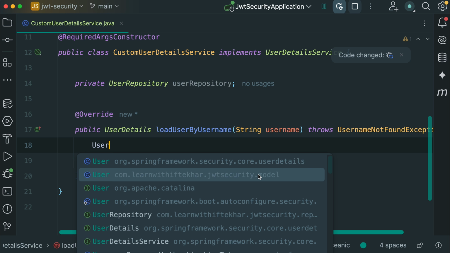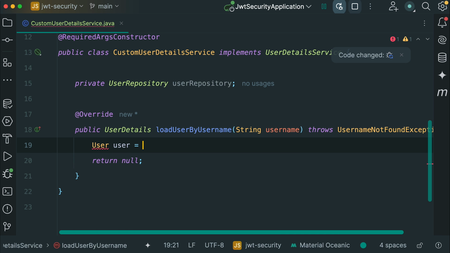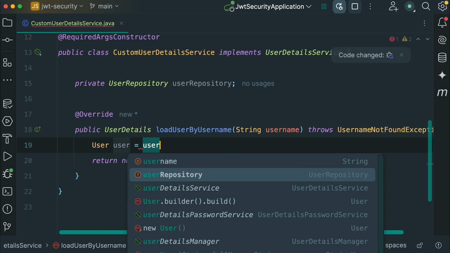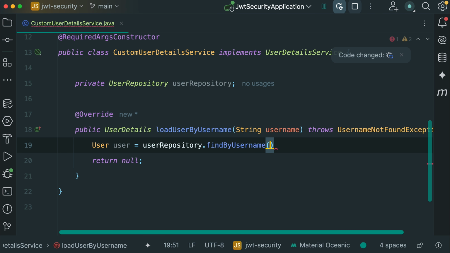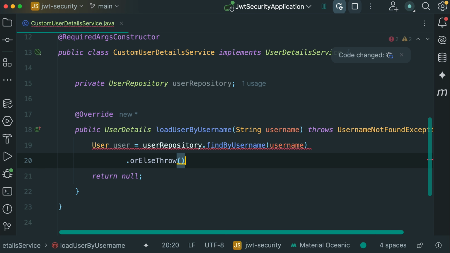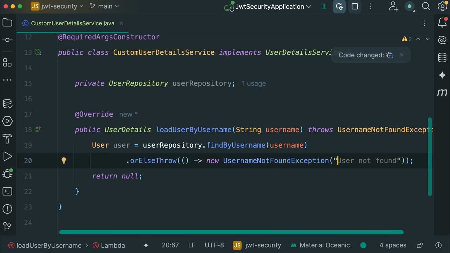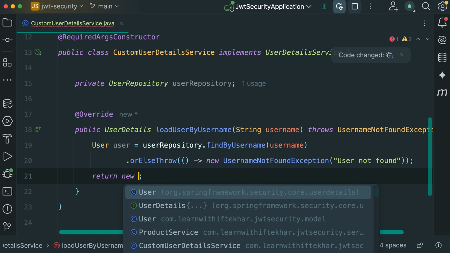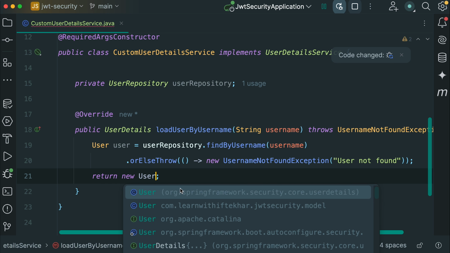Make sure to import this user from our model package. Now we'll use userRepository.findByUsername. If it cannot find the user, we'll throw a UsernameNotFoundException with the message "user not found". And finally, return user. This return type is actually from Spring Framework